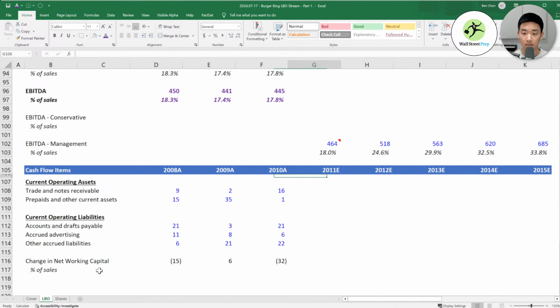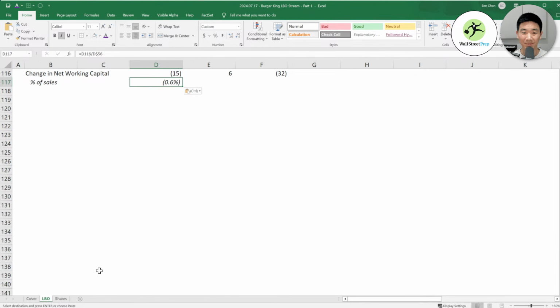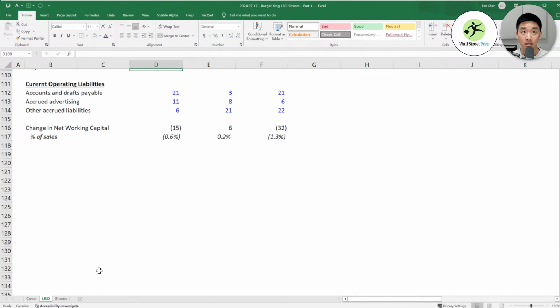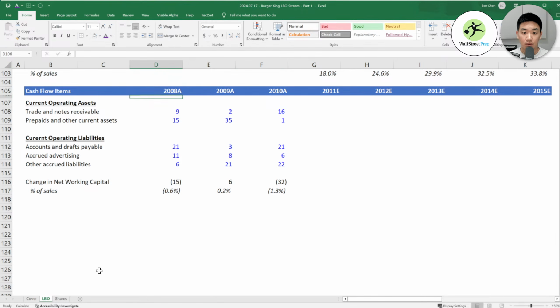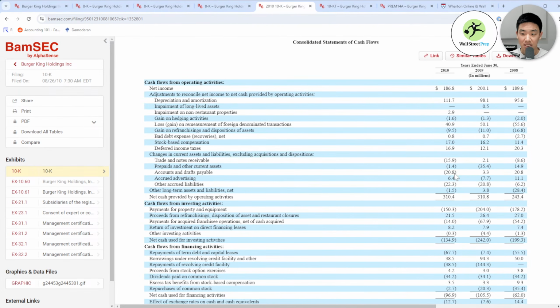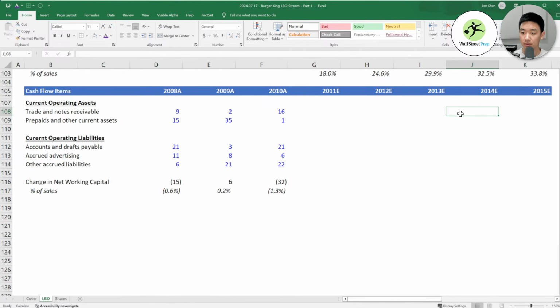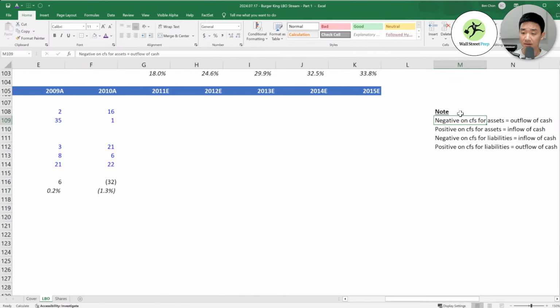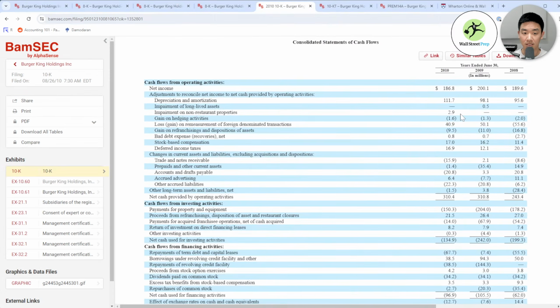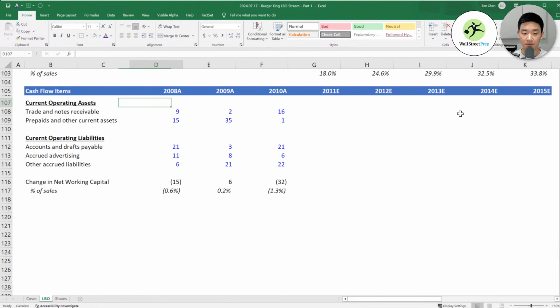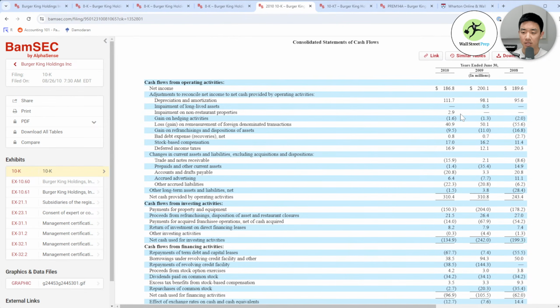And then again, percentage of sales. This is what we're going to use to forecast. Okay, so in terms of the signs, when it's an outflow, let's refer to this. Actually, basically what you need to do is, let's think here.